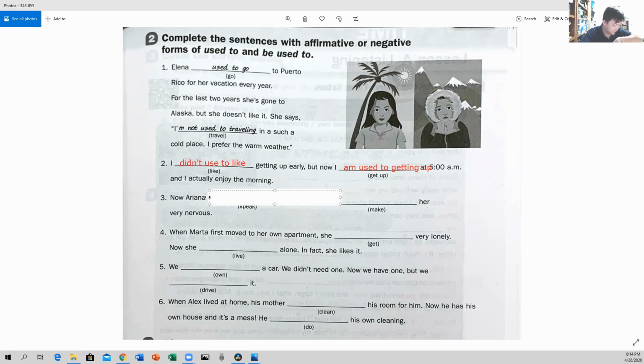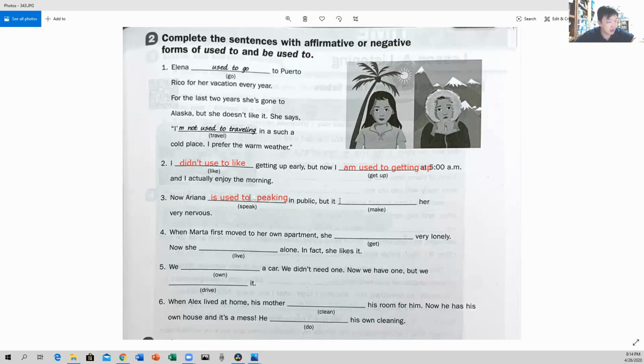What do you think is the correct answer? Ariana is very good. She is used to speaking, right? She's used to speaking in public, but it,